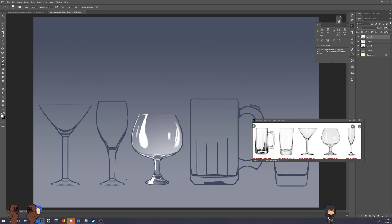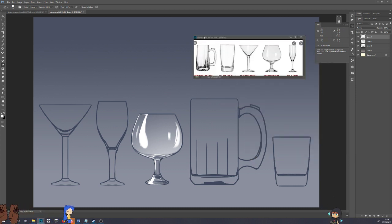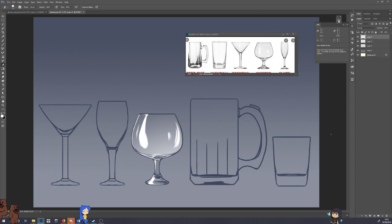What do you think of my glass? We got one. It's the only one that's nice colored. I say colored, but it's glass. Glass isn't really colored. Yeah, it's correct. Just gonna fix the...